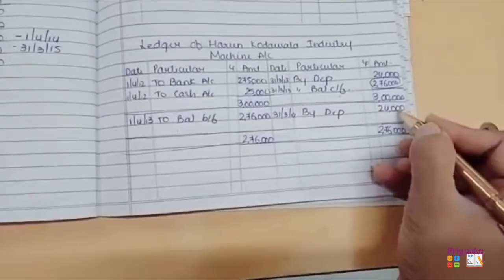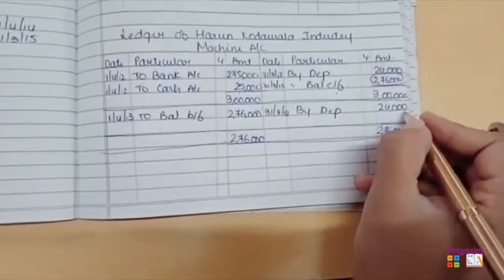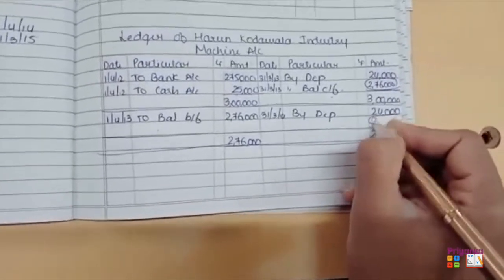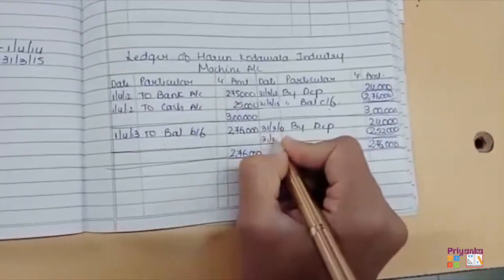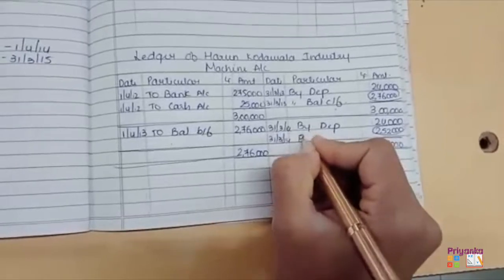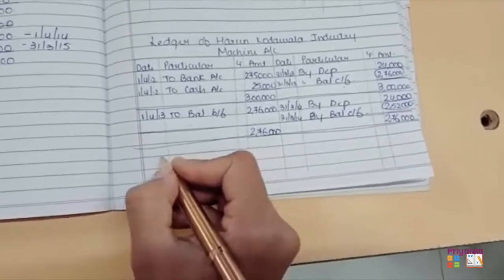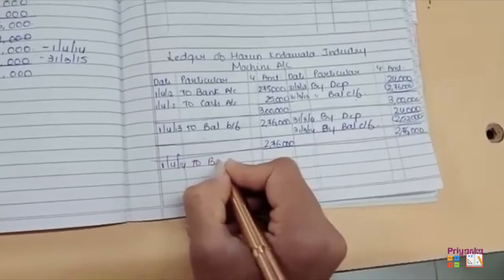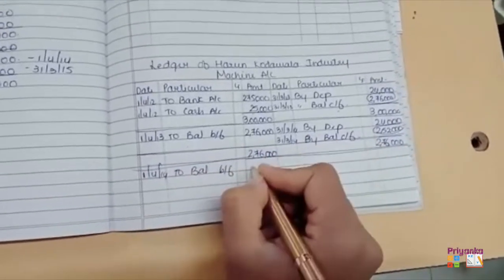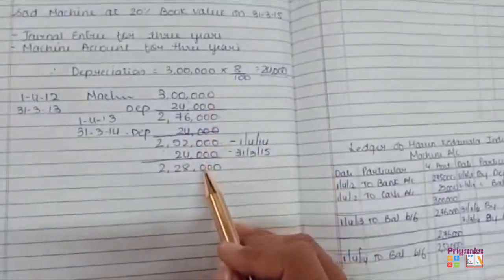And now get minus with 24,000. So here we'll find a balance of 2 lakh 52,000, which will be the 31st March 2014 closing balance, which is going to be the opening balance for the next year, that is on 1 4 2014, balance brought forward with the amount 2,52,000. I hope you are understanding, and the same thing what I have shown you in the calculation, it is